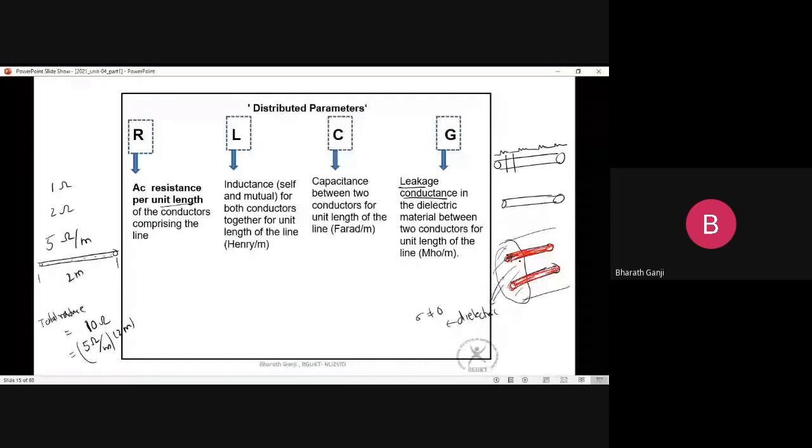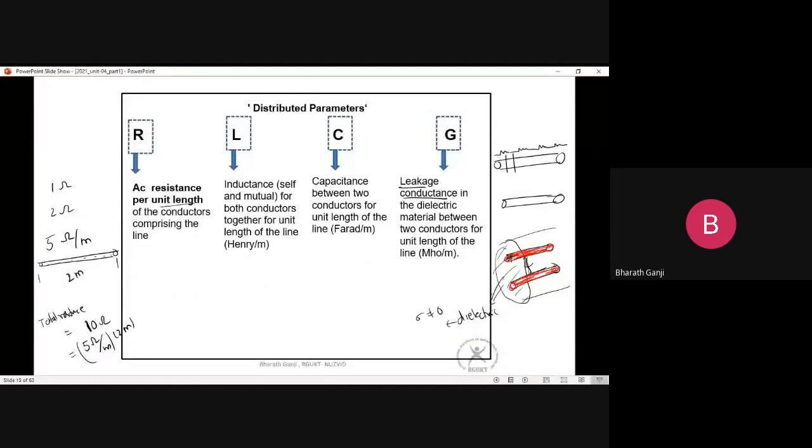So if there are some losses, there can be dissipation of some power because of a current flow between the wires in the dielectric medium. So in order to model those losses inside the dielectric medium, we use something called leakage conductance per unit length